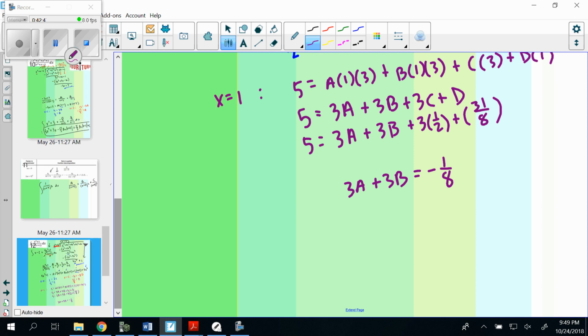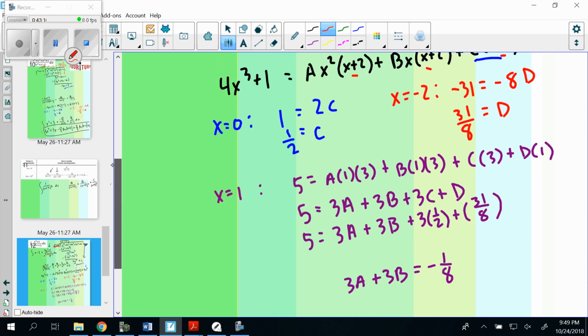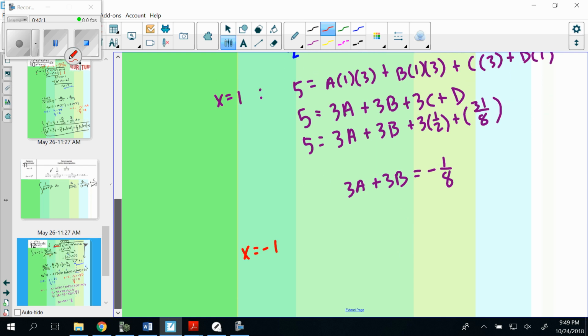Okay, similarly, we could pick another easy number to plug in there that would give us another equation we could use, and then we can solve for A and B. So another easy number might be like negative 1. So plug all those in there. If you go through and plug in negative 1, the left side is going to turn into negative 4 plus 1 or negative 3. Okay, and now plugging in for the rest of them here, we would get